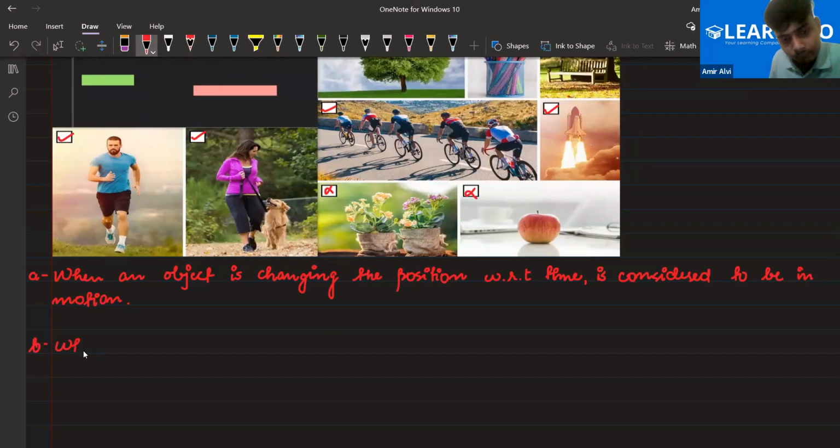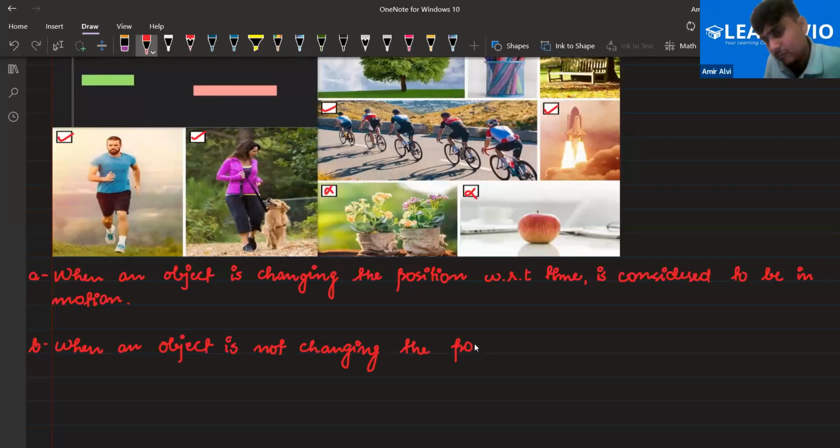Next is the body is not changing the position with respect to time. It's considered